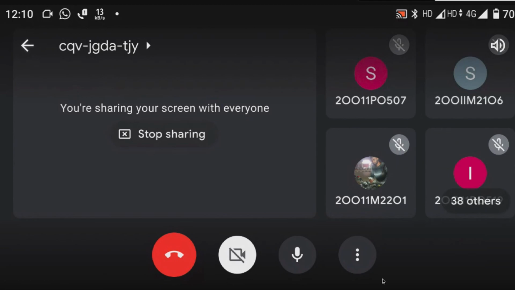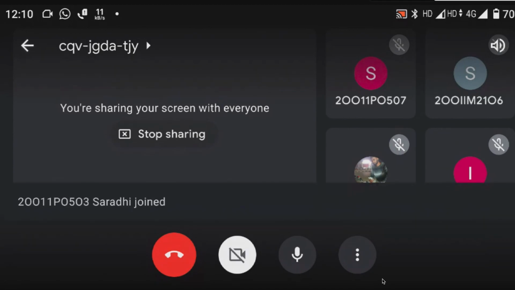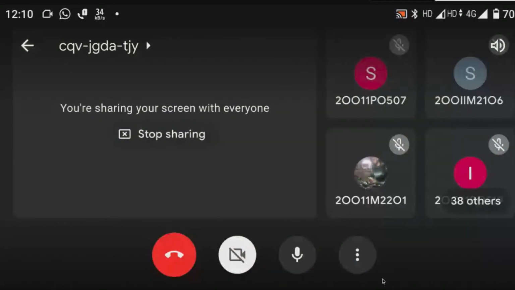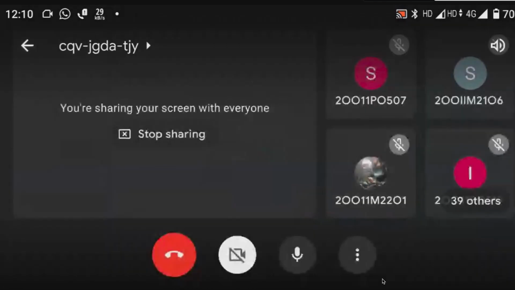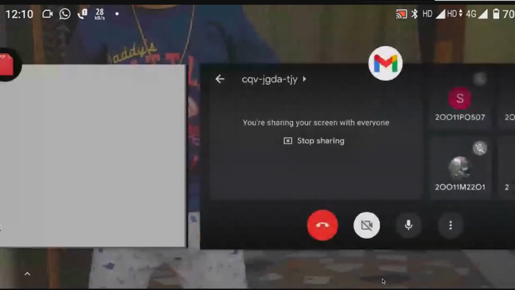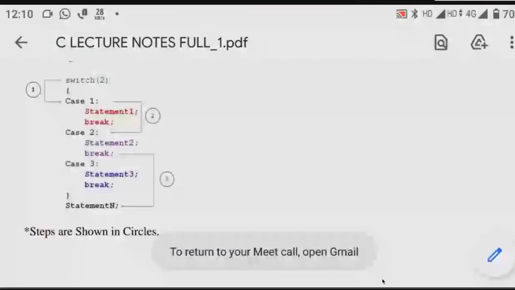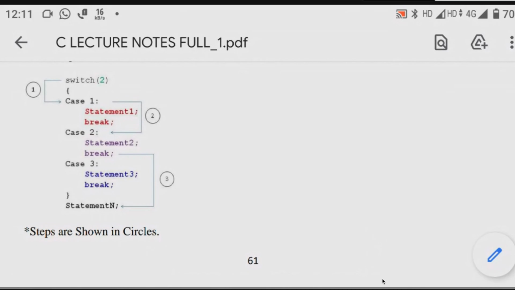So I think you understood the major difference between if else and switch case. Forget about else, we'll call it if and switch. Now I'll move to the next one. I think most of you understood the major difference between if and switch cases. Because if it is more than two, the complexity will increase in the if cases. So that's why we are moving to switch cases when the number of cases is more.